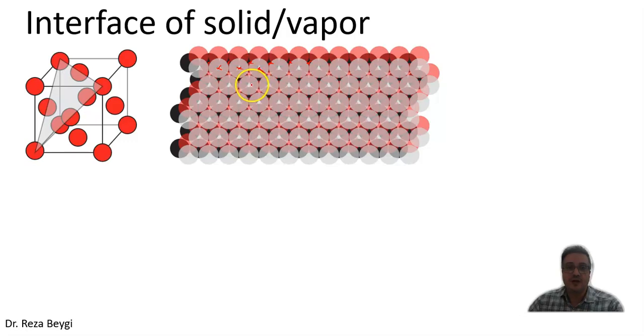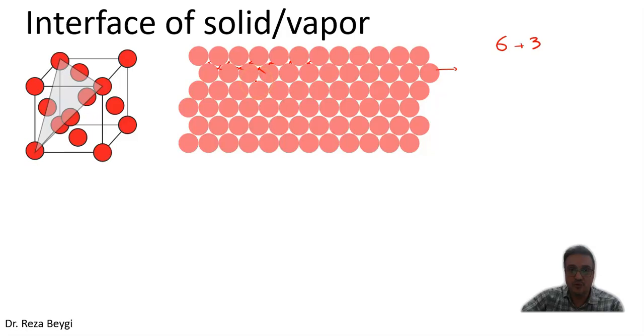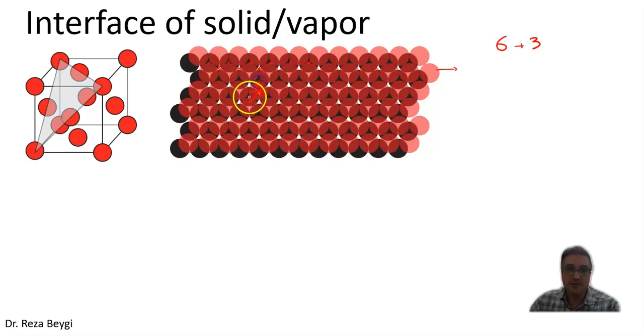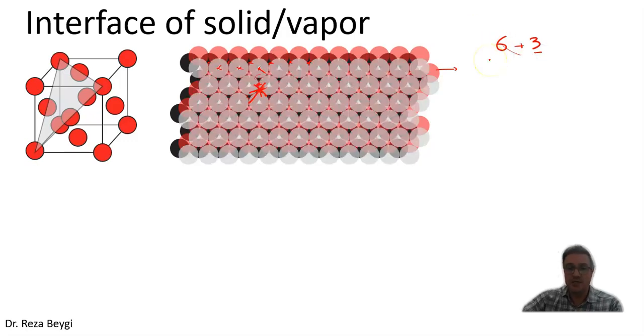So in total we have 6 atoms neighbor to each atom in this plane, plus 3 atoms in the lower plane, because for example if we take this atom as our reference atom here that I marked, we have 3 black atoms on the other side, in the plane under this plane, and also we have another 3 atoms above this plane. So in total we have 12 atoms